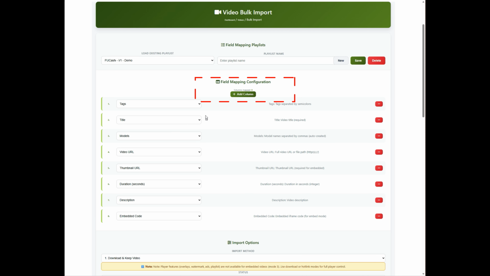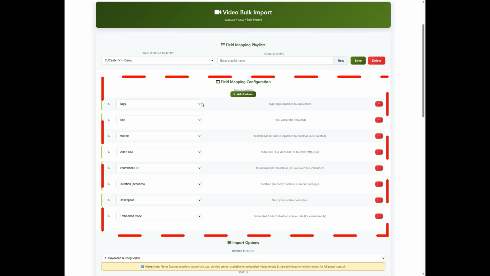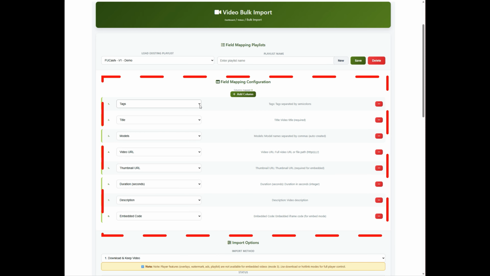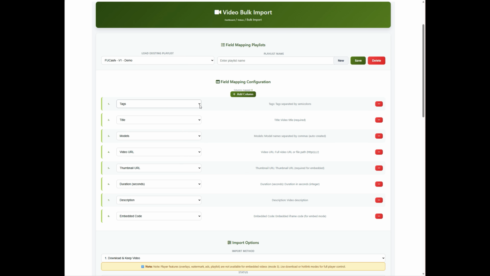Section 2, field mapping configuration. Table columns icon. The heart of the page, telling the importer which CSV column maps to which database field. Top has a status line, columns mapped with a green count and a green add column button. Below is the mapping list. Defaults to 2 rows, video URL and title, the bare minimum. Each row shows a number, a drop-down of 32 field types, a live description, and a small red minus to